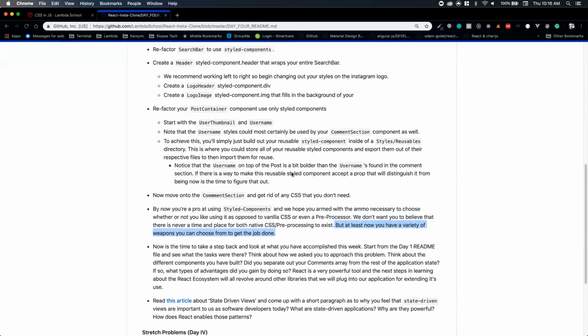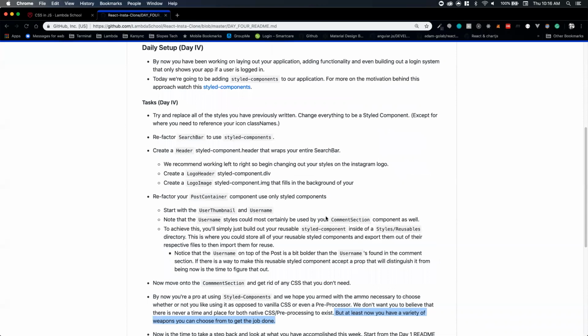You do need to go through this project today and convert as many things as you can in your project to styled components, even if it's not your cup of tea. If you don't like what you do today with styled components, finish this project so that you have that tool in your tool belt. It's important to go through things even if you don't like them, so that you have experience with it. And this kind of leads to something that I like to tell new developers who are looking for their first job is